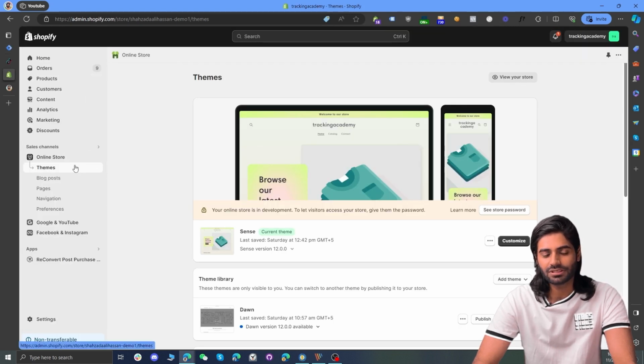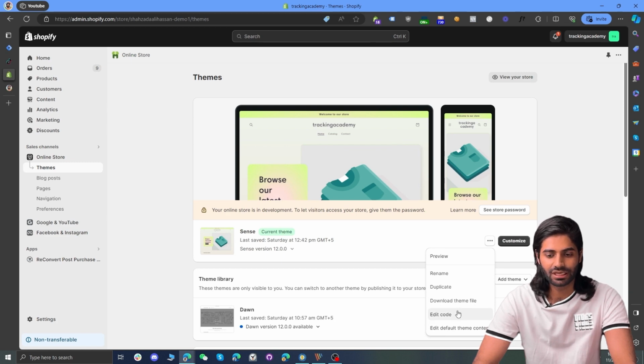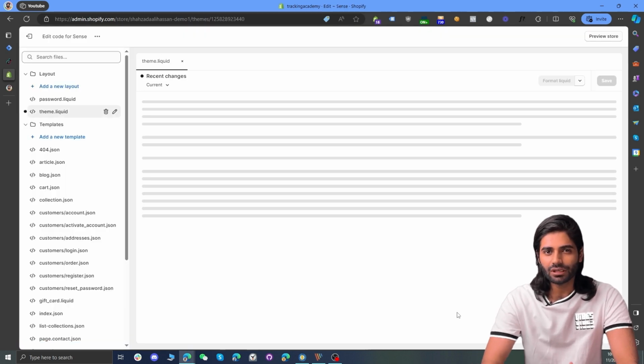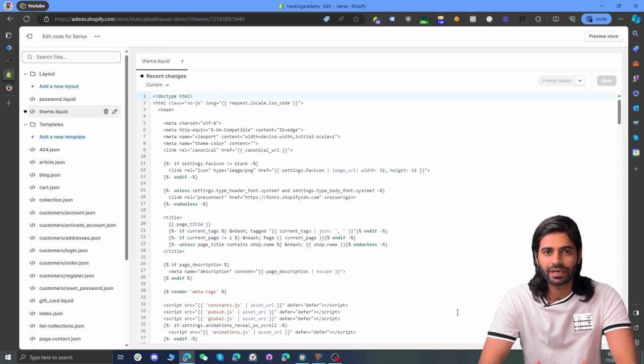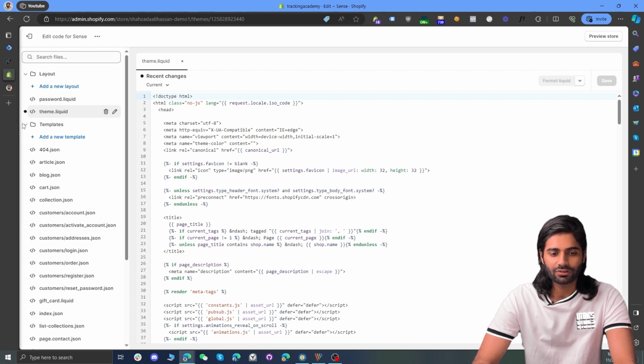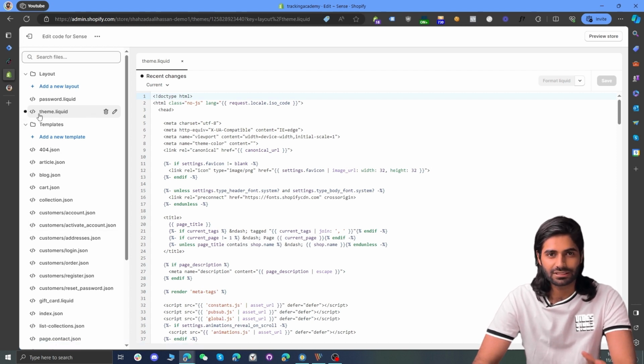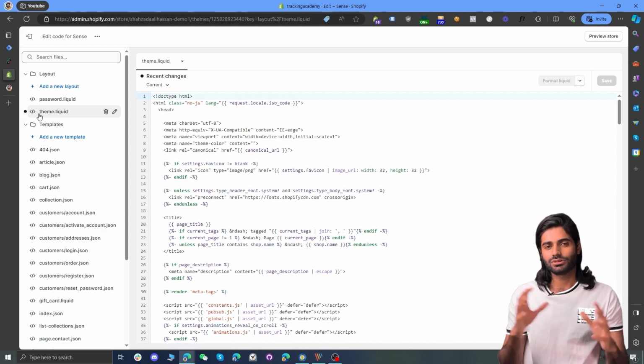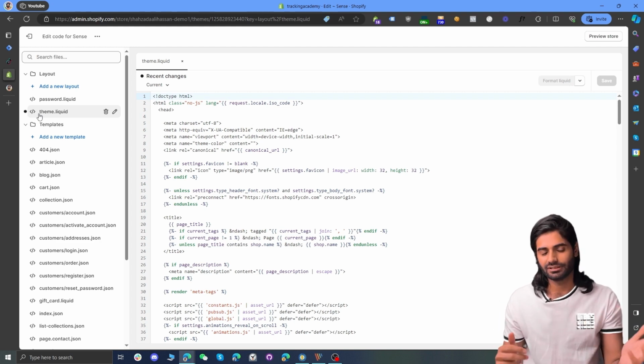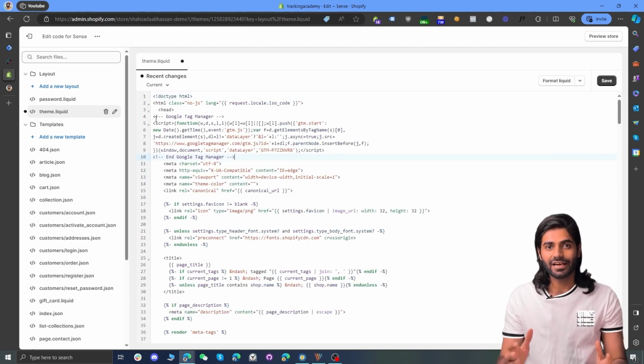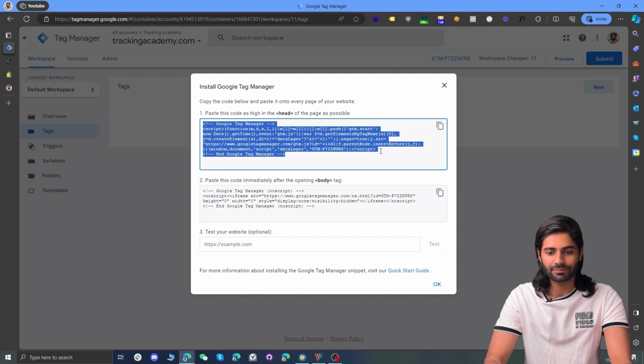You can click on themes and it will take you to this page where you can click on the action button with 3 dots and click on edit code. Once you click on edit code, it will take you to the back end of the website where you can see all of the theme files and all the codes that you have on your Shopify store. Currently, we are looking for the theme.liquid file. This is the main file which has all the codes on all pages of the website except the final checkout pages. So let's just add the head code right here